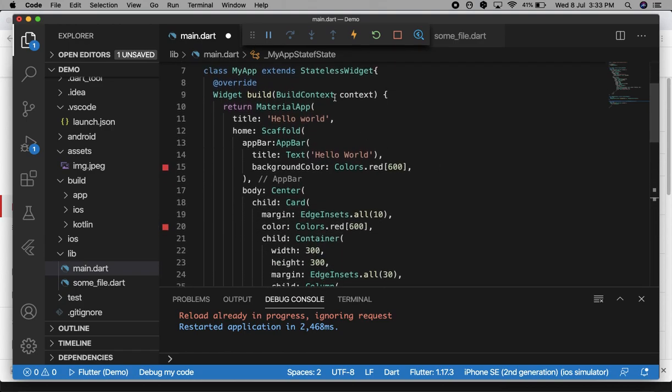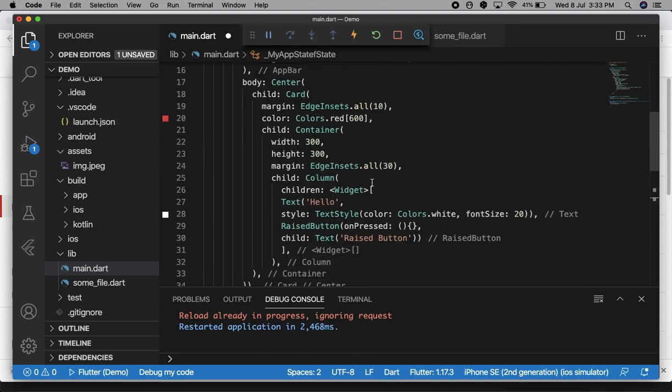If we use a stateless widget, that means your build method will be called only one time, so we cannot change or update the value of any widget inside it.